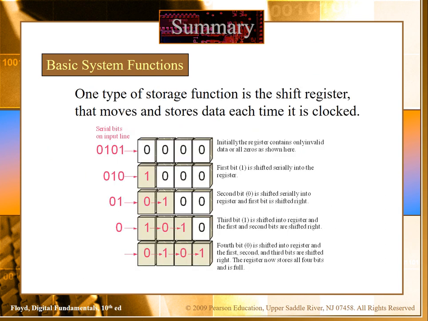We can also implement registers, shift registers. Shift registers are usually used for the storage of data. For example, you have a 4-bit system. So you have bit 0, bit 0, bit 0, bit 0. There are a total of 4 bits, so it's called a 4-bit system. Initially there is no stored data in these registers.